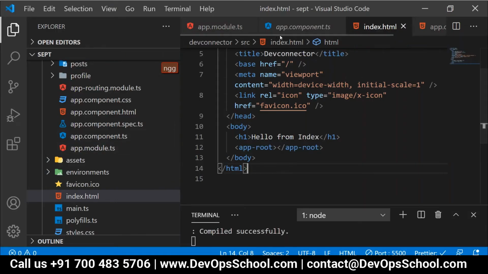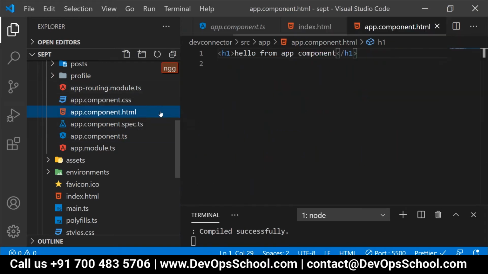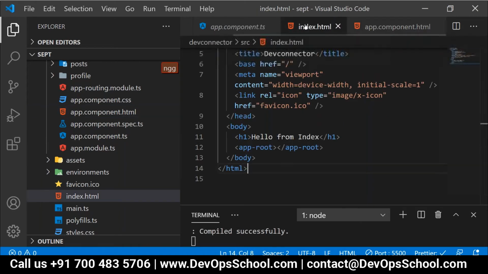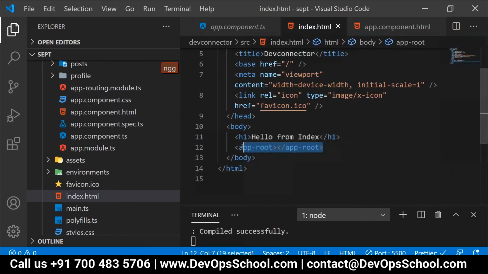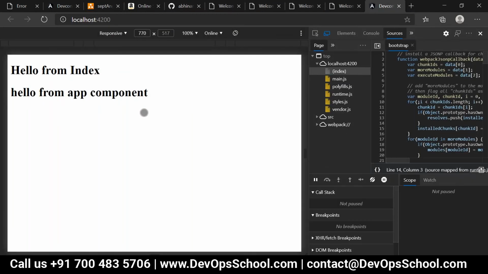As of now, it will go to your template URL, that is nothing but your app.component.html. Inside this app.component.html, we have a message called hello from app component. So what will it do over the UI against this app root? Will it render the message hello from app component, right?